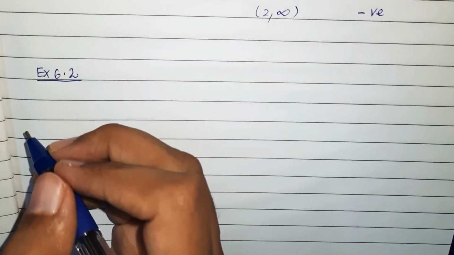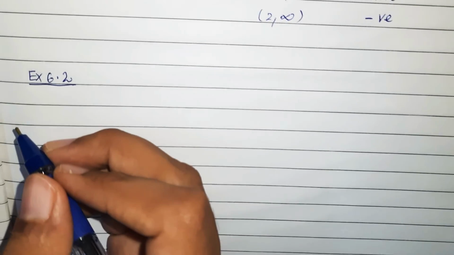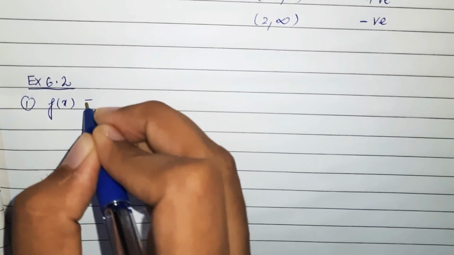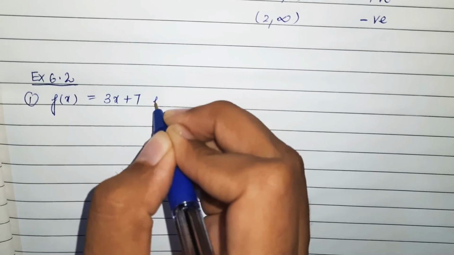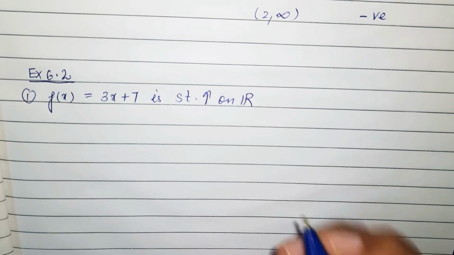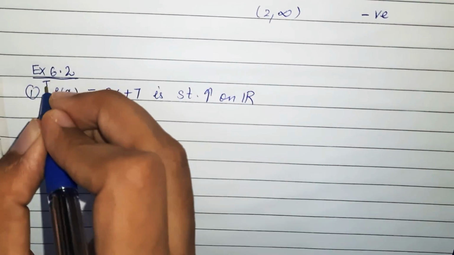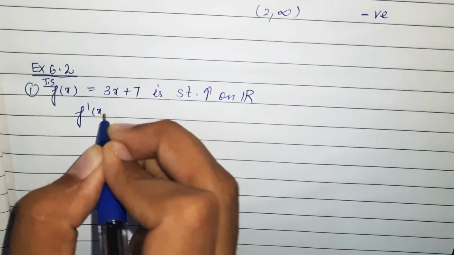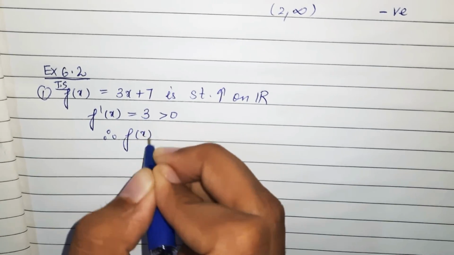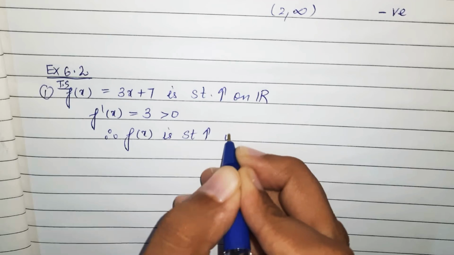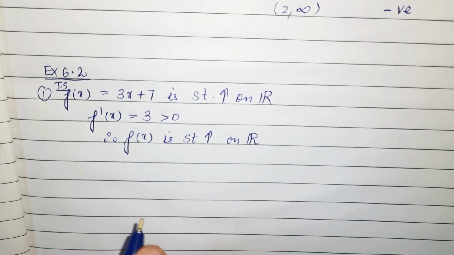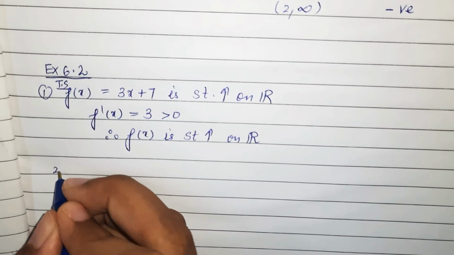Again, I need to apply the second definition only, either the rule for the critical point, or we can apply definition 2 directly. Now in question number 1 they are saying show that the function f(x) equivalent to 3x plus 7 is strictly increasing on the real line R. We need to show that f dash x, if I calculate, I am getting 3 which is greater than 0. So therefore f(x) is strictly increasing on R. So this will be your answer. This is the method we can apply, because definition 1 will make you confused. So that will be the best way out to solve the question.